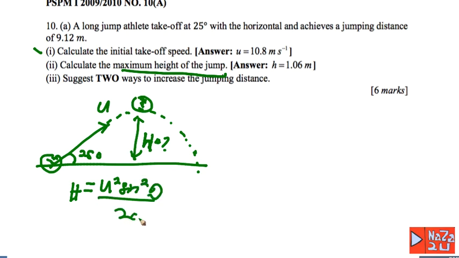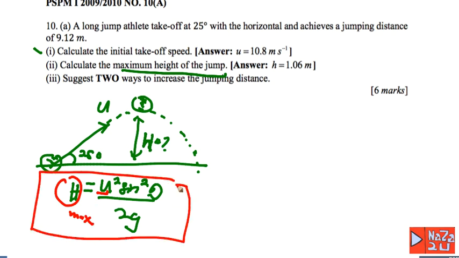So you can find the value of u, using the value from answer number 1, and theta is 25 and g is constant, and you can find the maximum height. But how can you get the formula if the question does not give you the final equation? You can start from the